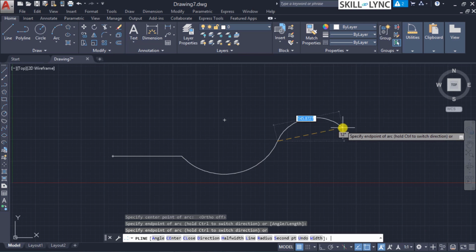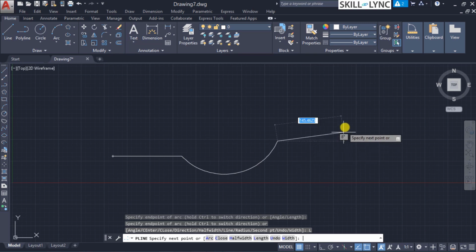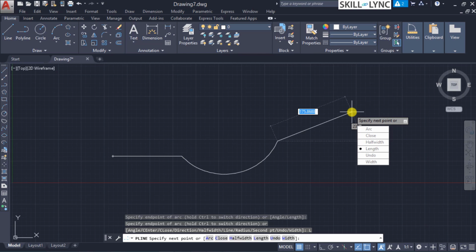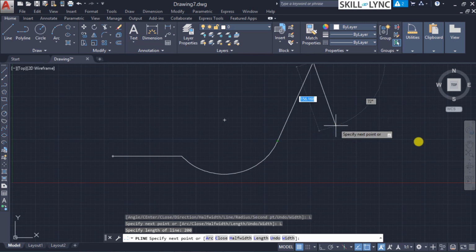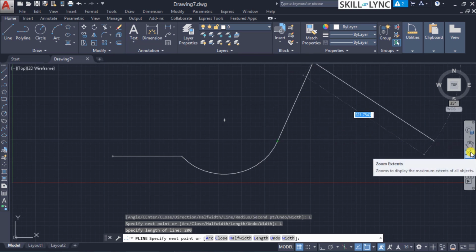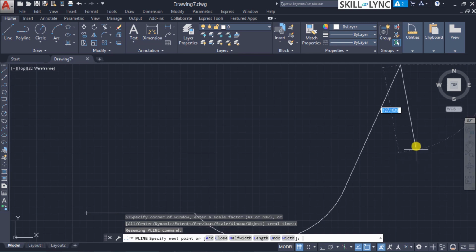Suppose you want to revert back to the line command, then you can click on the L or the line option. Once it's done, it will go back to the previous one. So now let's look into the length option. Now the length requirement is asked for. Suppose we are keeping a length of, say, 200. Now this length of 200 units is drawn tangent to this arc element. Now let me zoom to the extents,